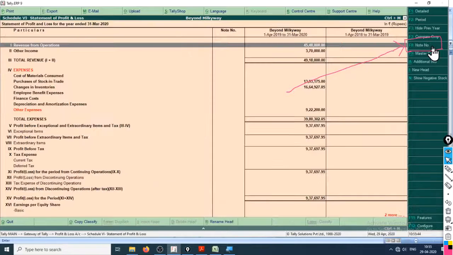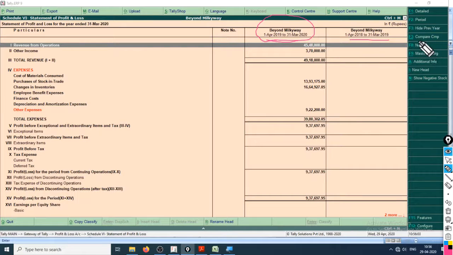I'll click on it. Wow, so this right here is the reporting format, and that is how a balance sheet is always shown. 2 years figures are always entered, 2019-20 and 18-19.